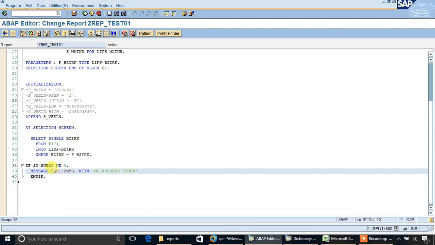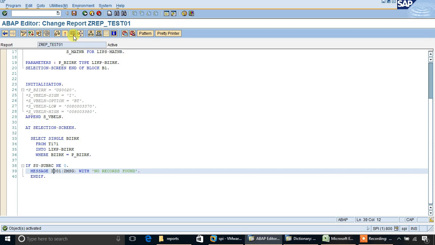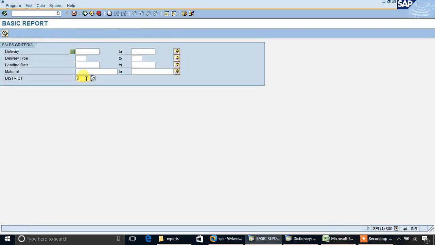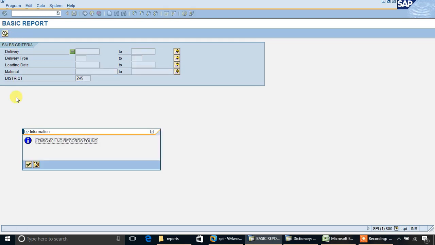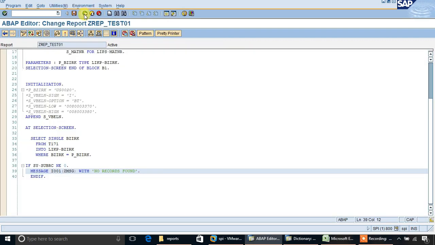Here I give message type as I, means information message. So this pop-up window will come. In an error message, a red error symbol will come.